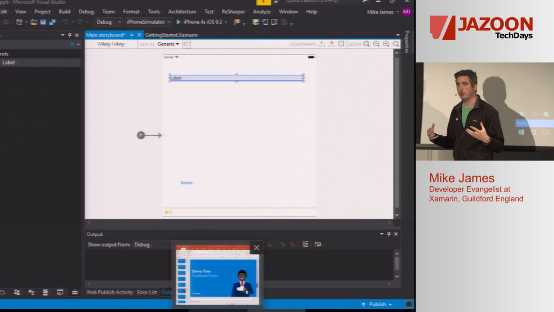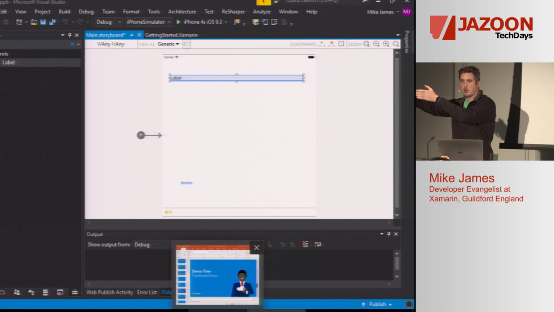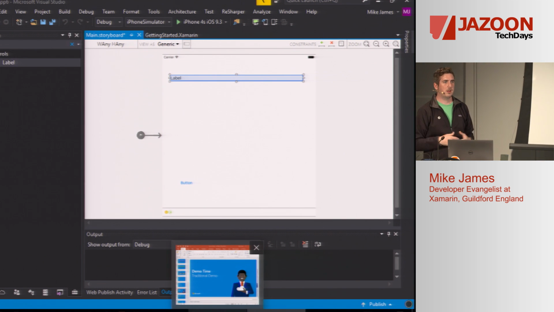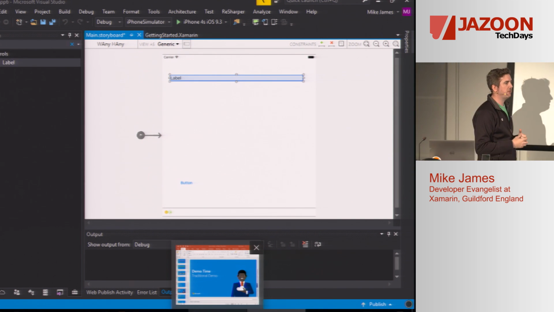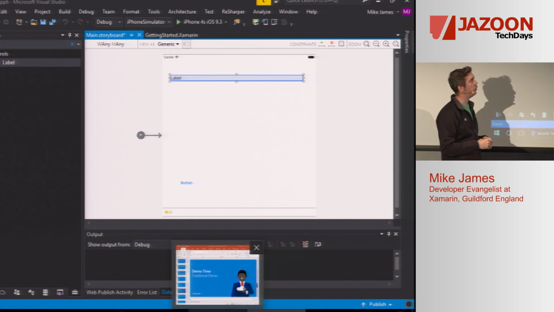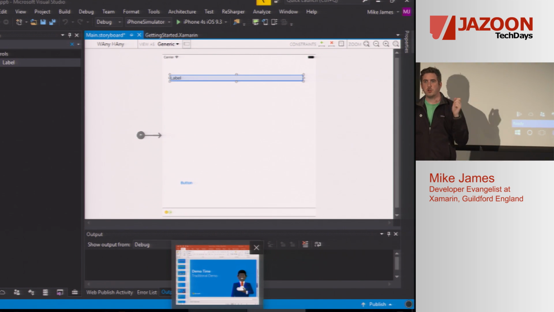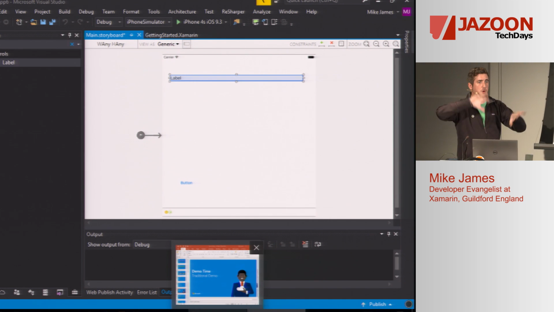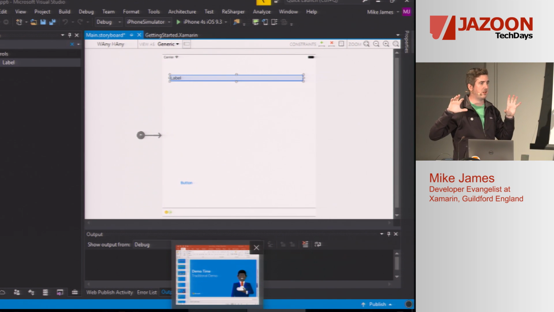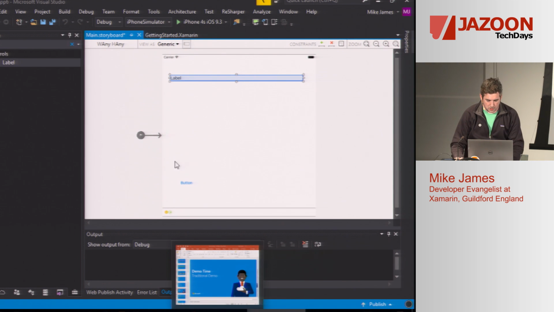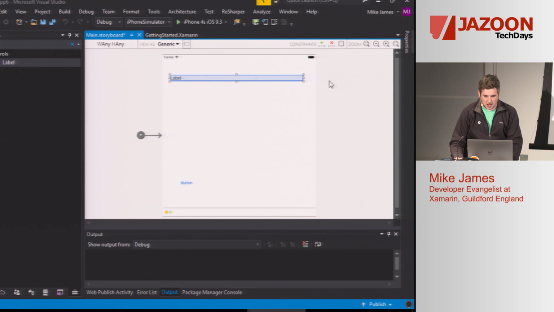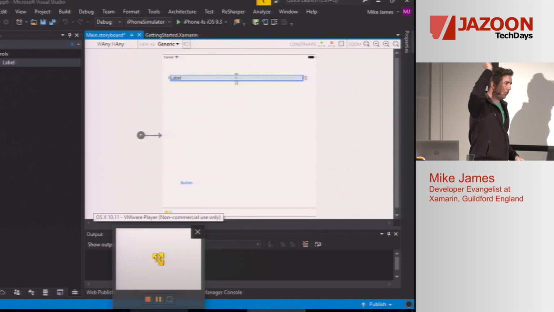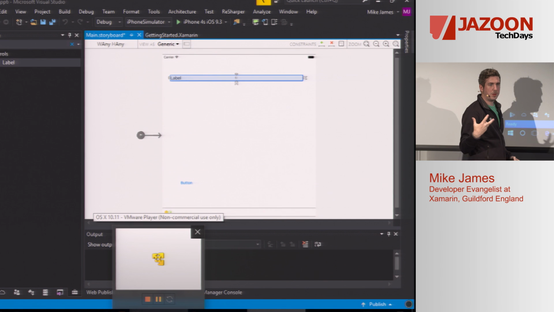We shouldn't have to create separate user interfaces for each device size that we want to target. So we use something called auto layout. Now, this is an Apple thing that we've implemented within Visual Studio. And what auto layout means is that our UI will look great across every single device because it will shrink and it will resize, it will move things around depending on what device size we're on. So this label, right now, I want to have it anchored to both sides, and I want it anchored to the top.